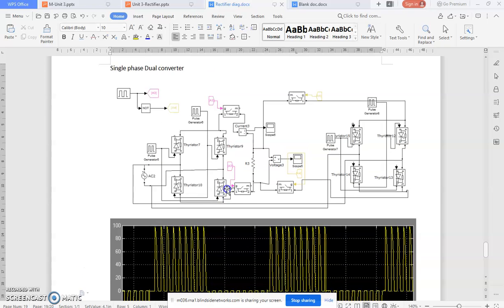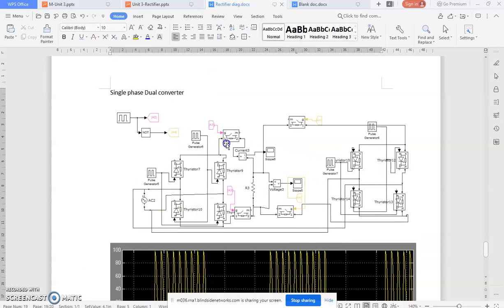Yes, see there, this is a dual converter. What is a dual converter? An A converter is there, the load, and a B converter is there. The source is commonly connected for the B converter; no separate sources are given. Same as before with the firing angle, this is left slash, right slash, and similarly the B converter works the same way.